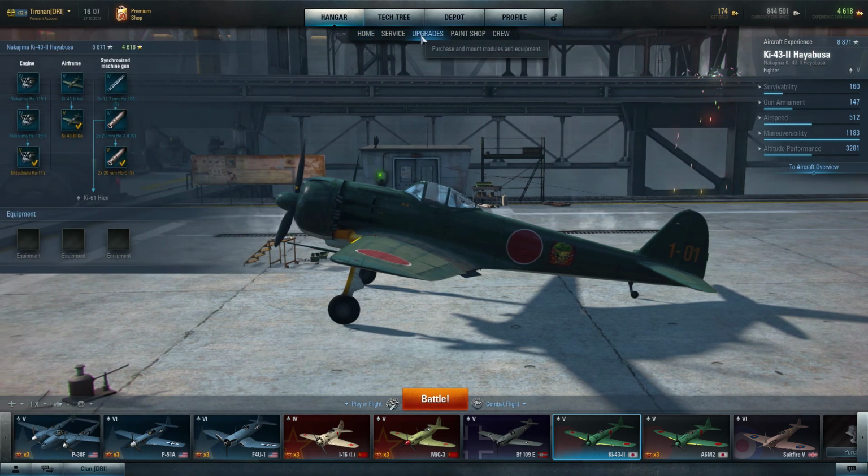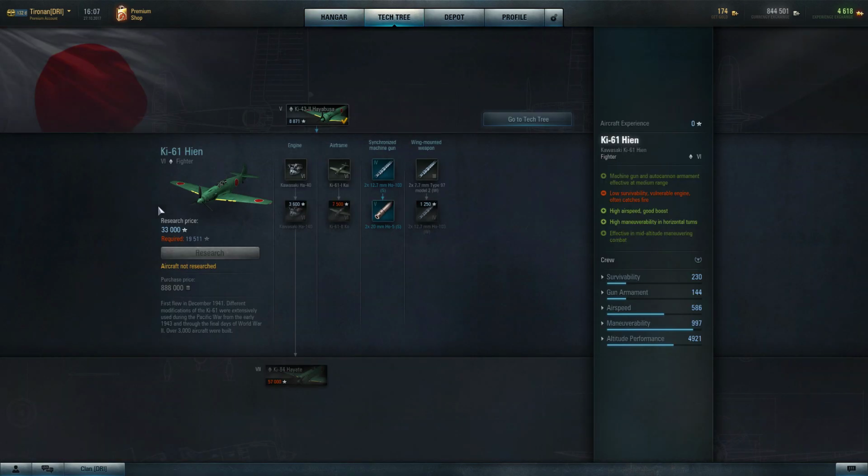Your next aircraft is the KI-61, and as you can tell, the survivability goes up by almost 70 points, which is 90 points actually. And gun armament is a little better. It's got machine guns with it, and you get the 12.7s and the 7.7s,